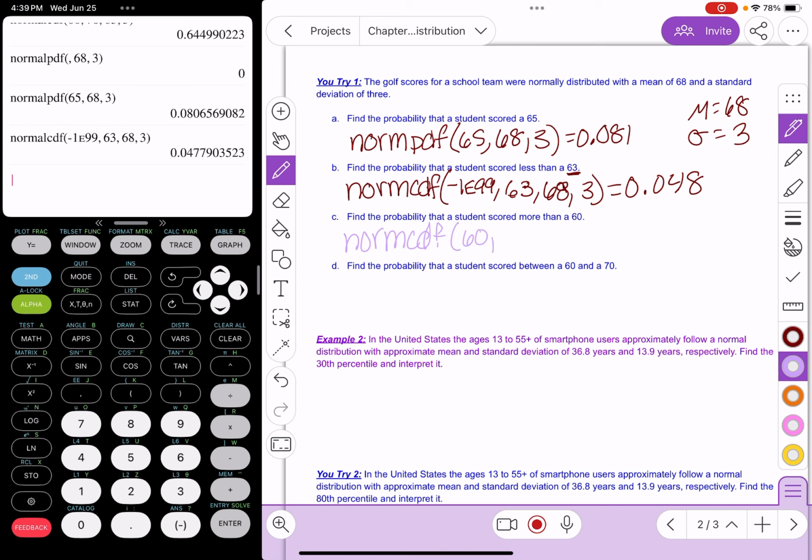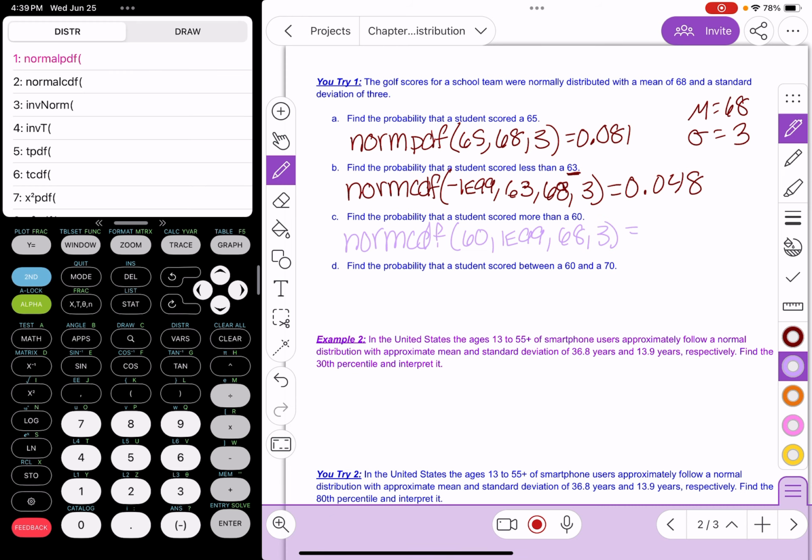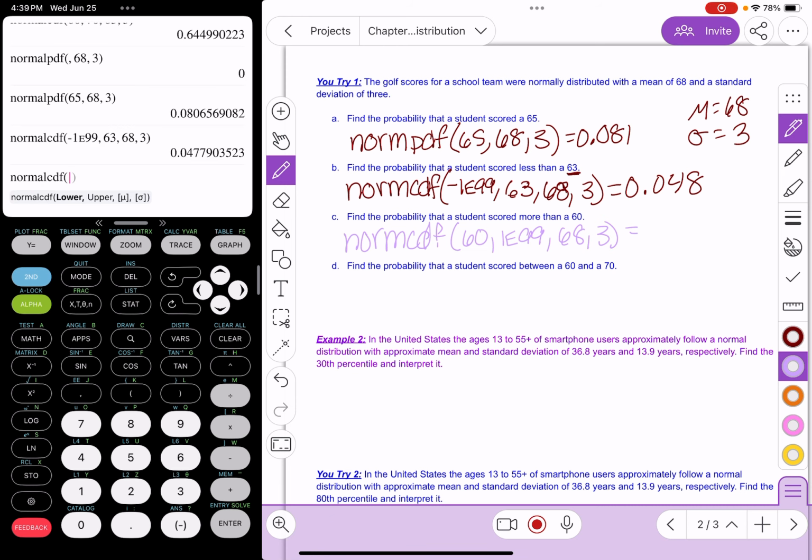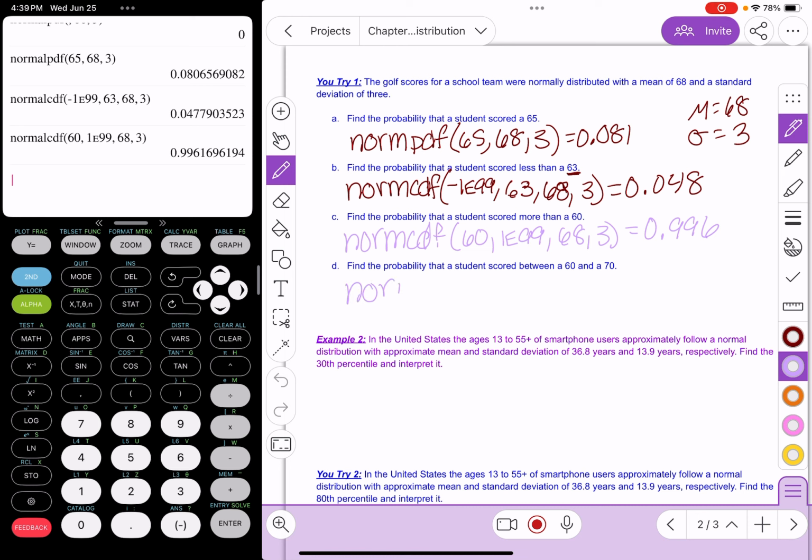More than a 60 tells me norm CDF. 60 becomes the lower. Regular 1E99 becomes the upper. Mean and standard deviation stay the same. So 60, 1E99, 68, 3, 0.996. And then between a 60 and a 70,